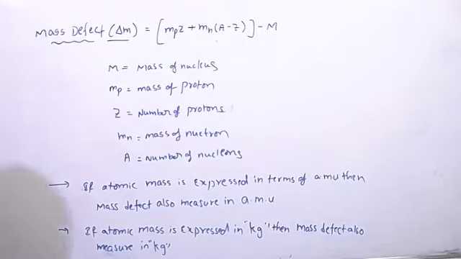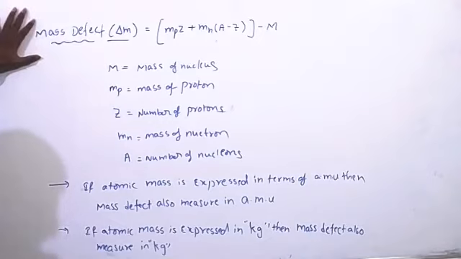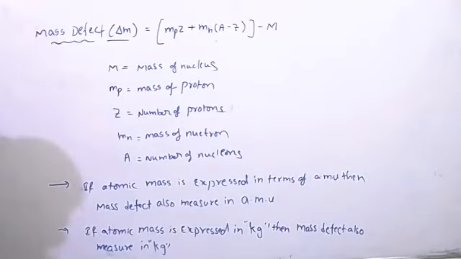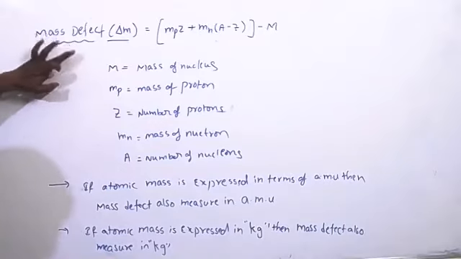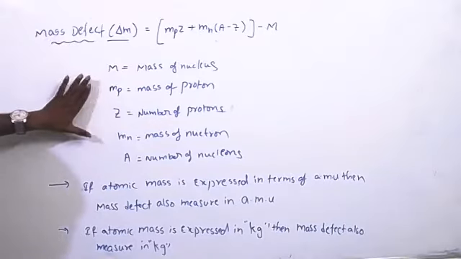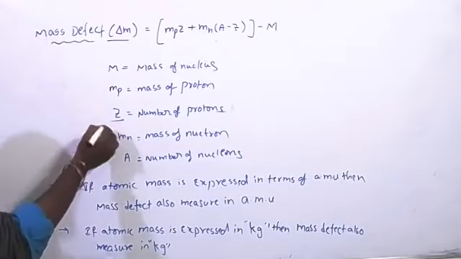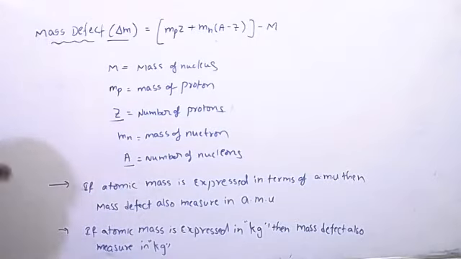So this is the mass defect. Mass defect is nothing but the total mass of the nucleus being lesser than the sum of the masses of the nucleons. That defect is called mass defect. The formula is very important to solve problems. You have to remember the terms in that formula, because mostly we get confused here. Z is the number of protons, A is the number of nucleons, nothing but protons and neutrons.